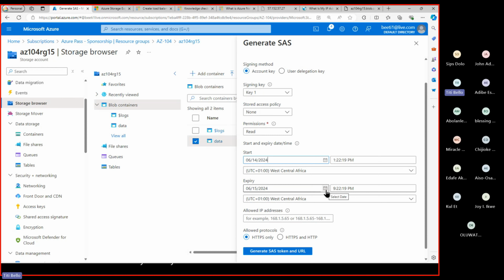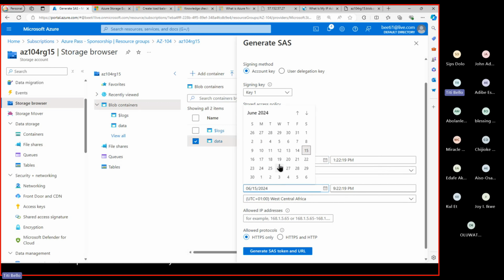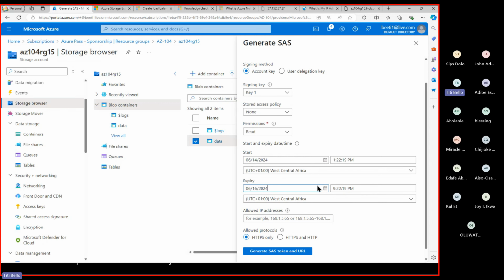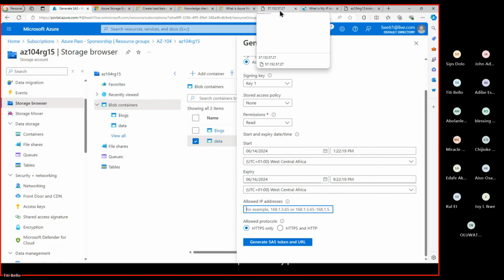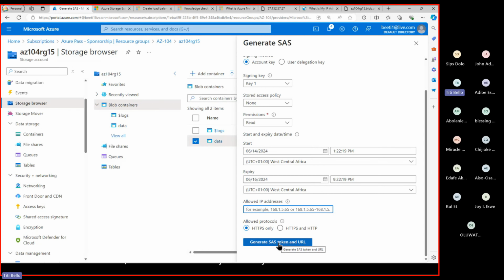Expiration date should be like current date or tomorrow. Tomorrow this time. Then allowed IP address. So here I can put down my public IP that I'm allowing, but because we've already allowed my IP on this thing, I will just leave it blank, and then let me say generate